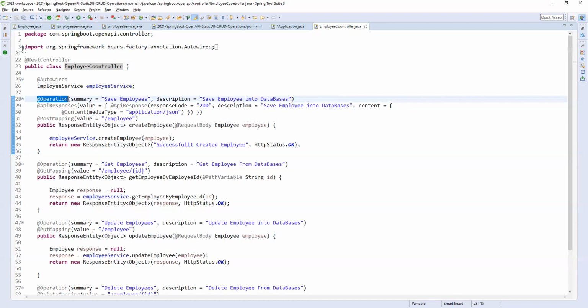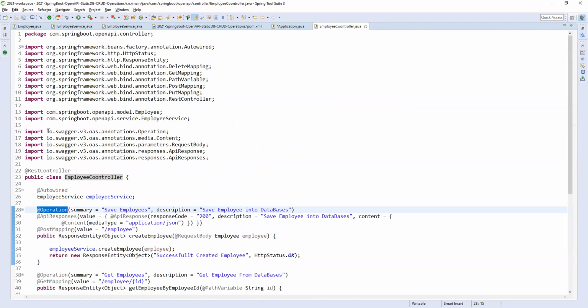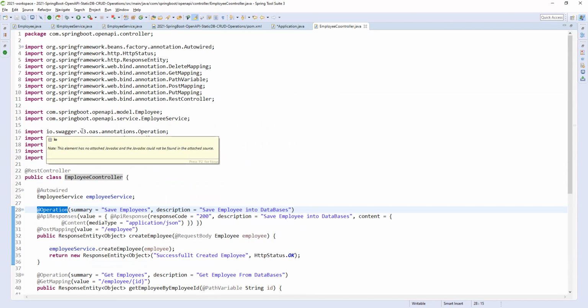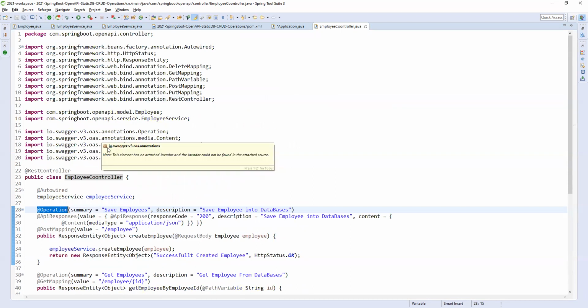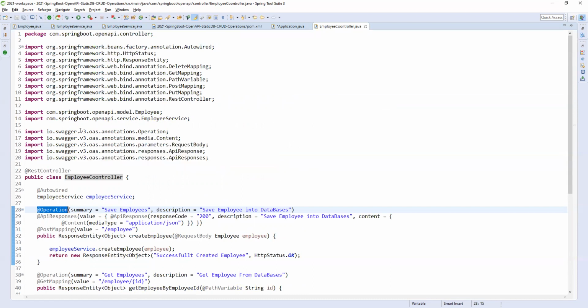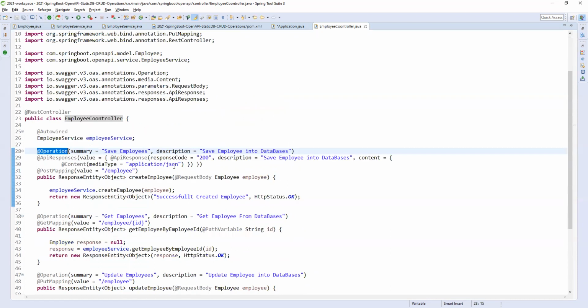If you see this import, io.swagger.v3.oas.annotations.Operation, OAS means OpenAPI Specification. So it is internally using Swagger documentation only, but it gives its own specific specifications in a little more elaborated way.